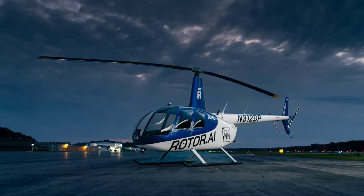The Robinson R44 model, which provides the body of both of the new aircraft models, is the world's most popular light helicopter, Xu said. The aircraft is a full-size, four-seat chopper built by the Robinson Helicopter Company of Torrance, California. Rotor plans to build out its Airtrucks and Sprayhawks, employing both new and used R44s. I think the retrofit market for operators today is also going to be a pretty significant portion of what we